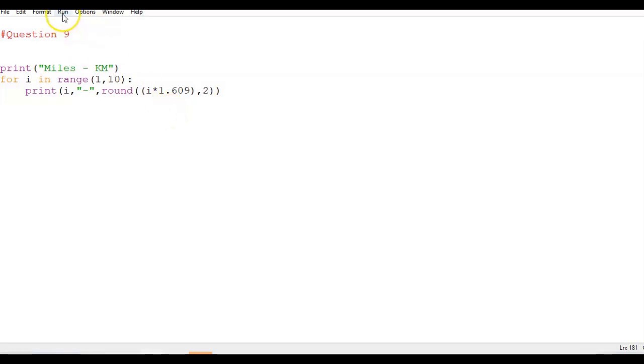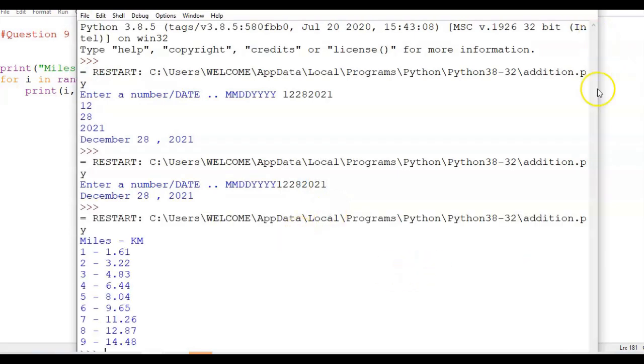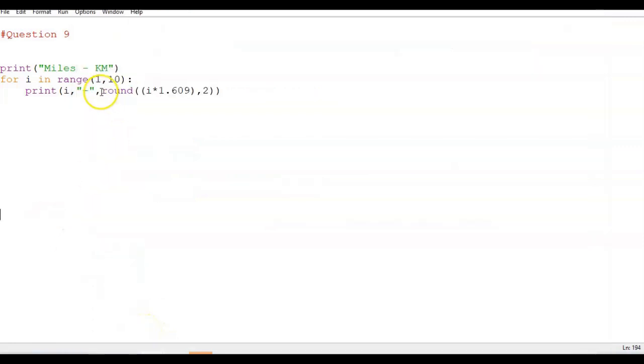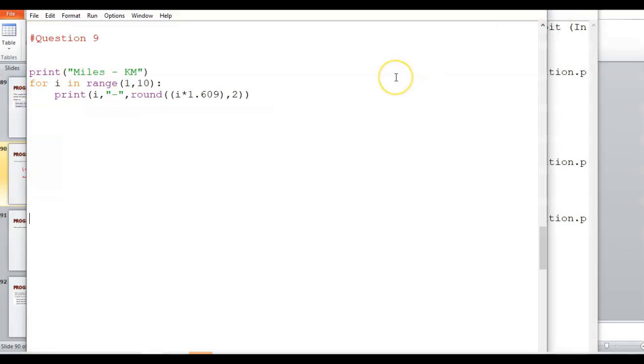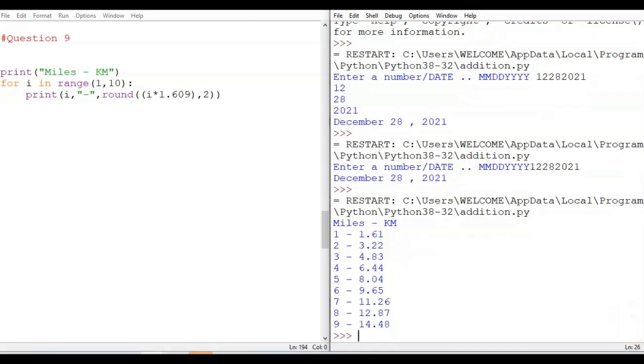So I'll show you the output for this, and then I'll show you the output with respect to the round function also and without round also. So can you see, the output is coming, and this is looking perfect. You can see the range is from 1 to 10, right? Let me arrange it properly so that you can see the output and the input both together. So just check it properly. Here the miles and kilometer are coming, and the range is from 1 to 10. So the first value is included and the last value is excluded. So it is actually working from 1 to 9. Okay, so 1 mile and the equivalent kilometer is 1.61, and then the mile will become 2. So this value just has to be multiplied by 2. 3, 4, 5, 6, 7, 8, 9.